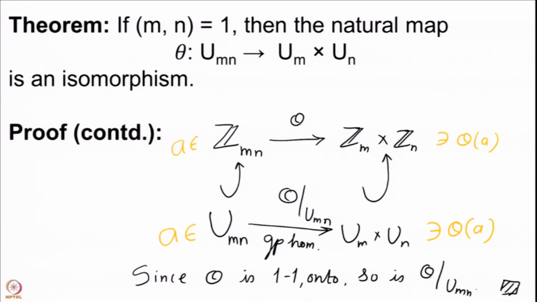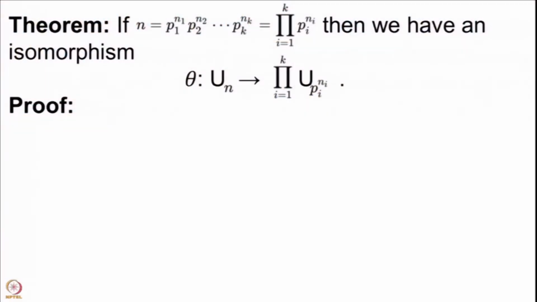So, whenever I have any natural number n, the Un can be understood if you can decompose n as a product of elements which are pairwise co-prime to each other. But we know no better such factorization than the prime factorization. So, what we do is that we decompose n as a product of primes, collect all the same primes together. So, we get one very nice decomposition for n.